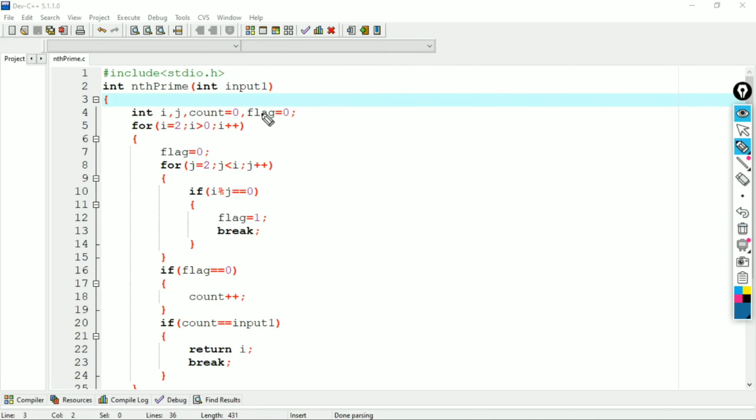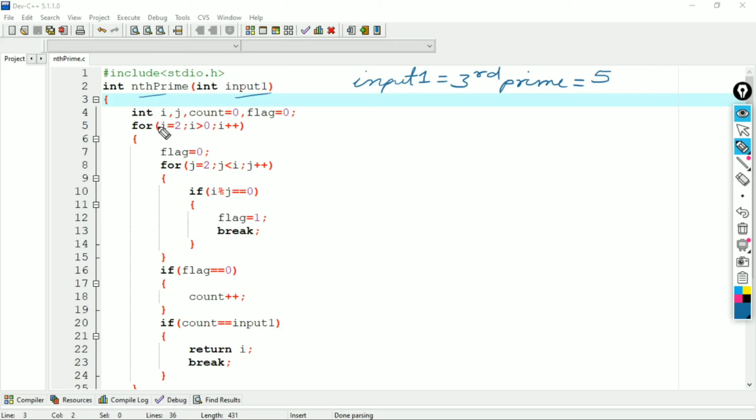Now we will see how it works. At first we have taken the function named nth prime and passed one formal argument, that is input1. Let's say we want to find the third prime number. So input1 equal to 3 means we want to find the third prime number, and we know that the third prime number is 5.